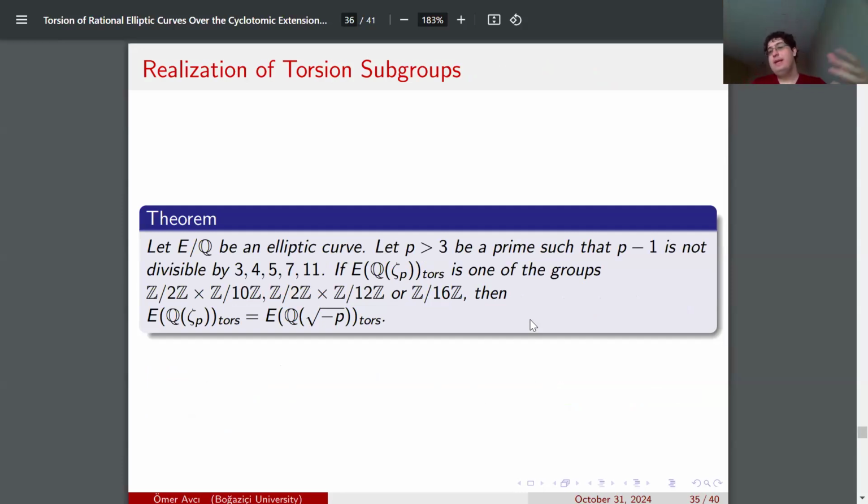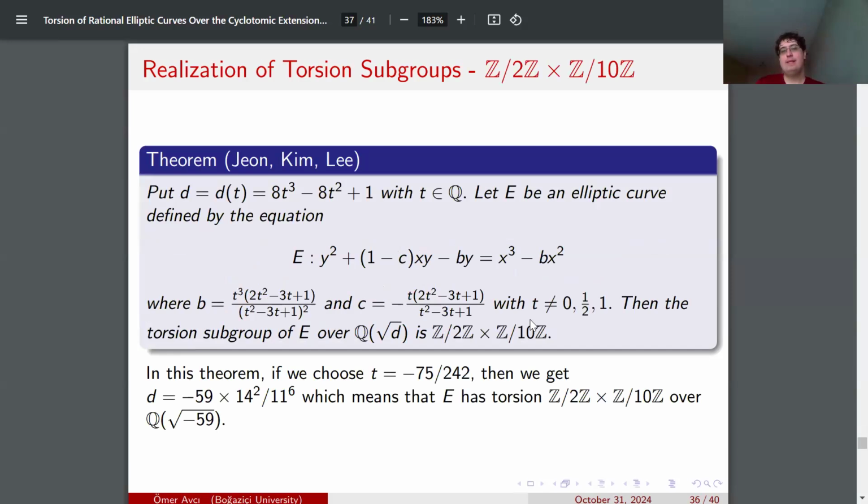Yeah, so the groups from Mazur's theorem, they're always there. But the remaining 3, they can be realized over some primes P. So they might not be realized over some P's. So in general, we can't get rid of them, but sometimes we also find some examples with them. So here we will be talking about those. So for example, by using some special theorem with some models and stuff,